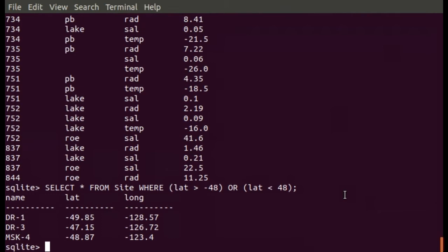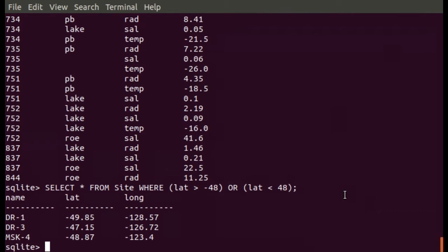Okay, yeah, the problem is that they said there should be values between minus 48 and 48, and there we see that